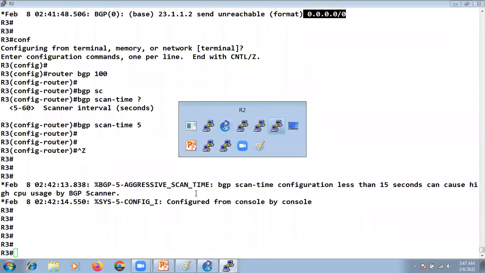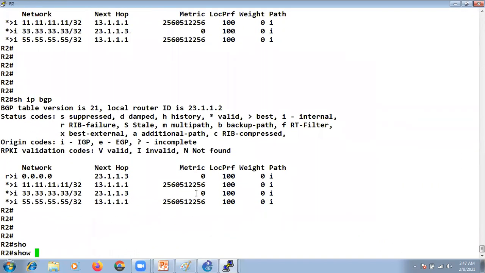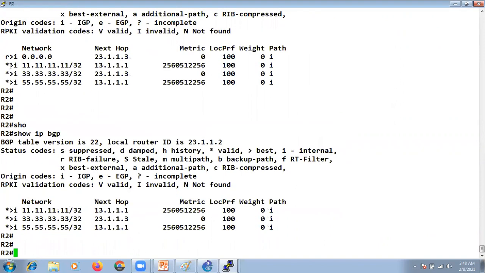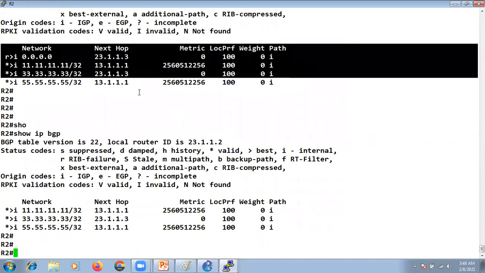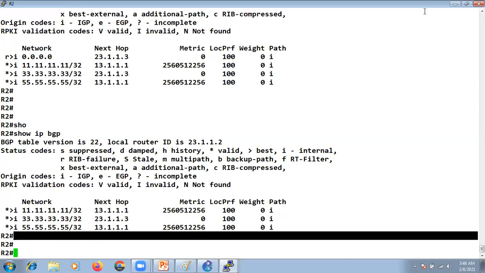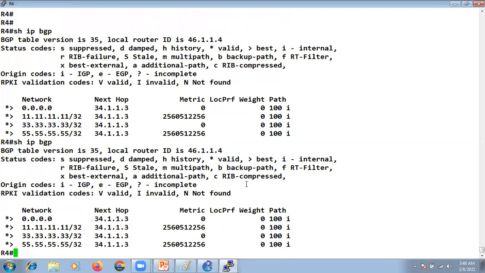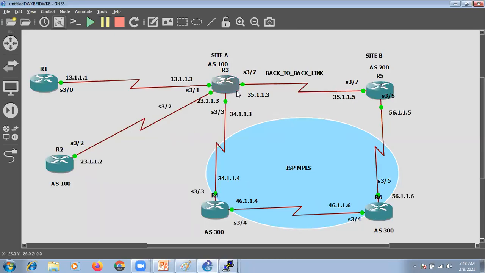If you go to R2, right now, see, this is the output before we applied the distribute list. Now you can see show IP BGP. You see the difference in the BGP table. Now there is no default route. But if you go to R4, you can see you still have the default route, because we have applied the distribute list on R2 only.